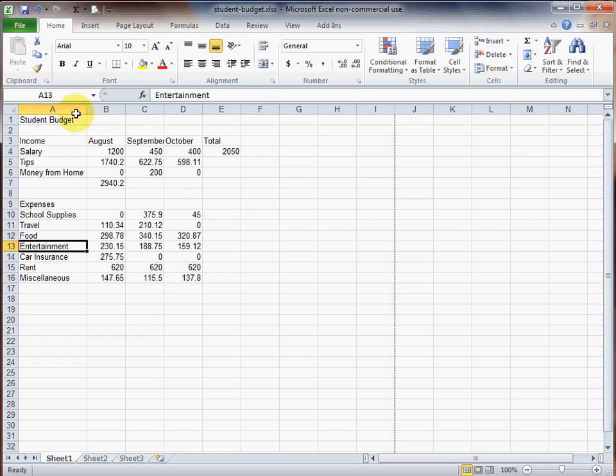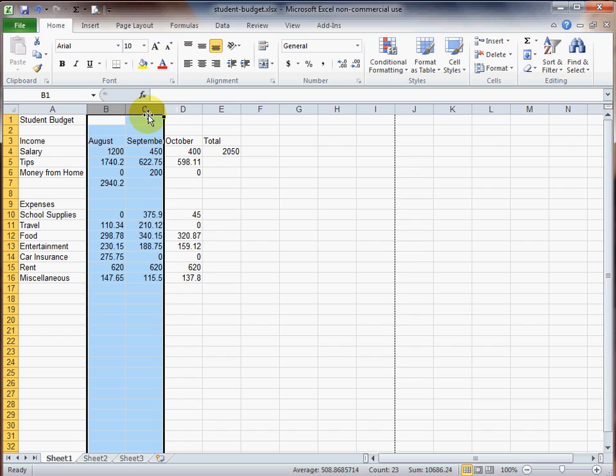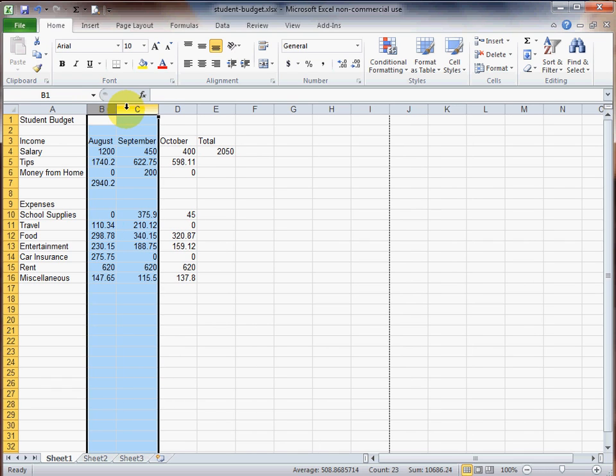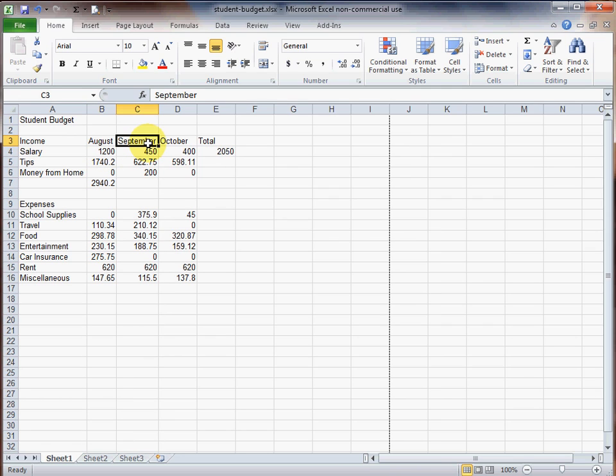Alright, now if I have many columns that I want to auto fit, I can also select them. So maybe B and C I want to make just wide enough. I select those two, and anywhere between two columns, if I double click, it'll make both of those columns wide enough. So it actually shortened column B and it widened column C. Usually you don't change rows that much, but we often change the widths of columns. If I want to change the entire worksheet, and remember a worksheet is one of these tabs down here, all at once to be just as wide as it needs to be,